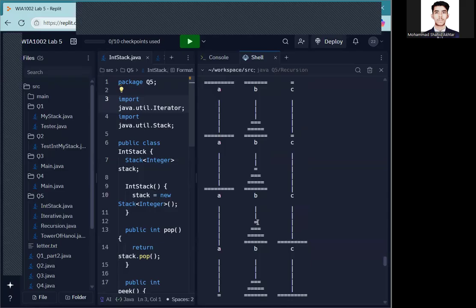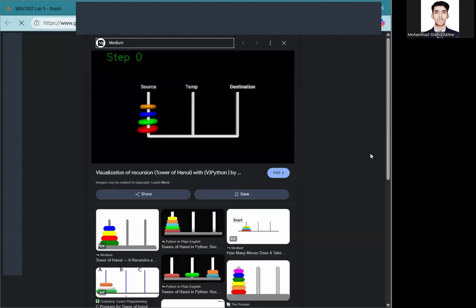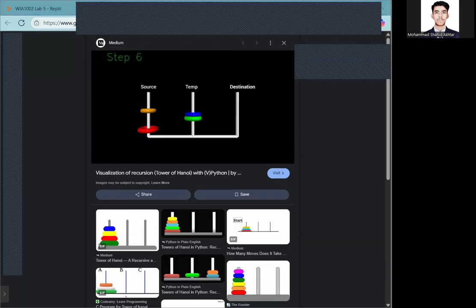Now, to give you a better explanation of this, something more interesting, let me perhaps show you a diagram. Okay, the goal here is